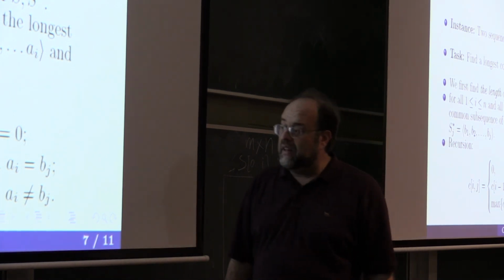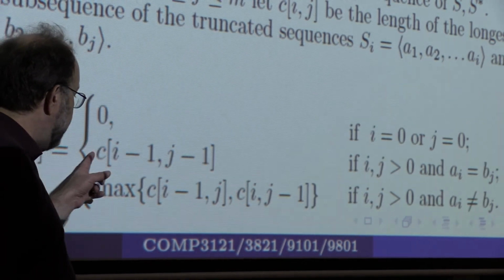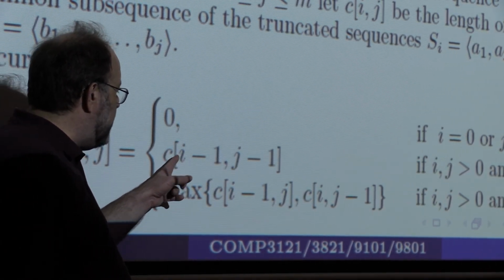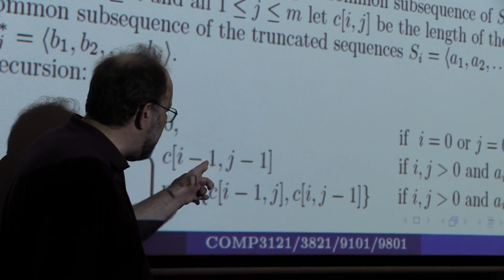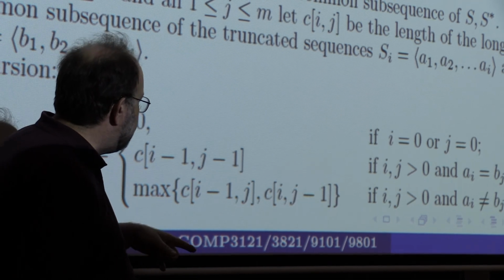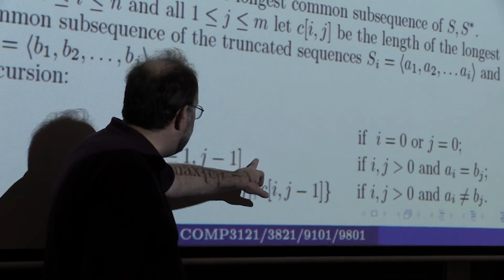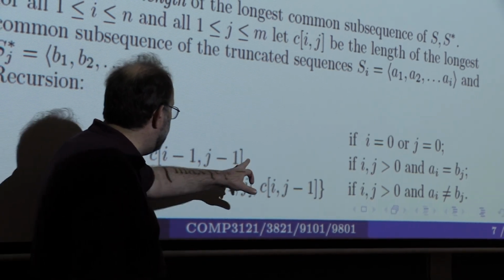This means that the longest common subsequence will be whatever is the longest common subsequence of the sequences up to I minus 1 and j minus 1. Oops, here it should be plus 1. I'm sorry, I have to correct the slide. So it's